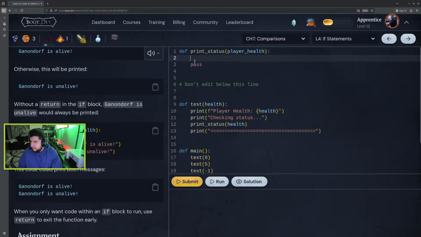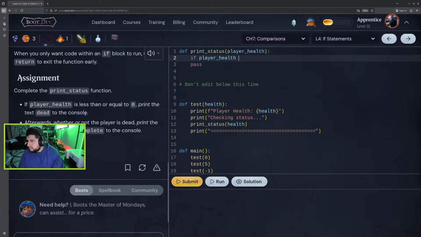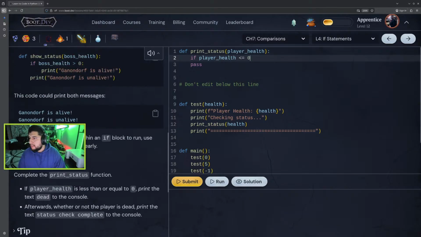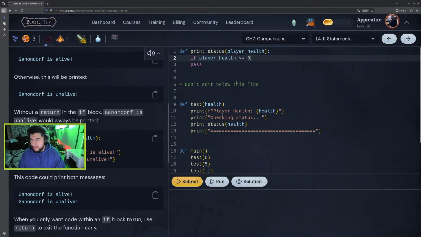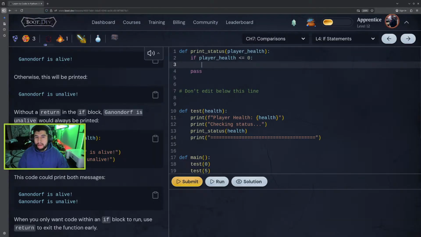I'm gonna put an if statement here. So if player health is, let's see, less than or equal to 0. I'm pretty sure I do a semicolon right after. No, colon. Enter. Okay, so if player health is less than or equal to 0,